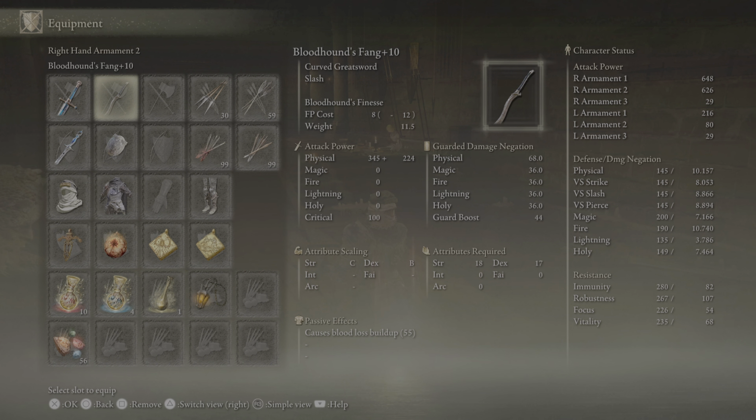Certain areas have enemies with high negations, like in Liurnia. When you get there, everyone's got high magic negation for the most part because they're all magic based. So I know it's a lot, but it's really not that bad once you start jumping in and learning about it. Always remember you've got